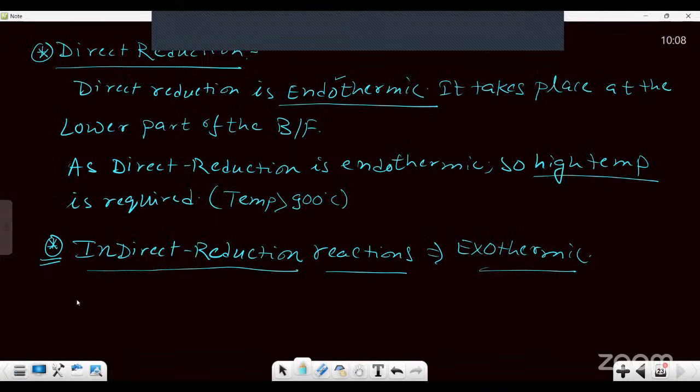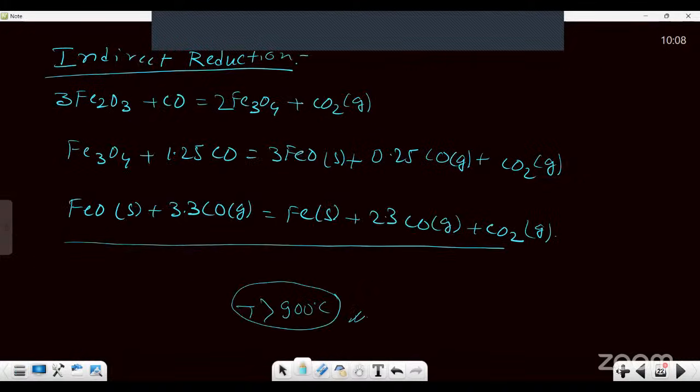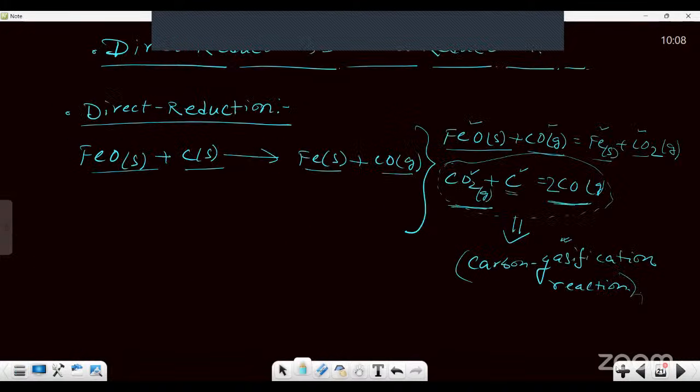Now if I ask you one thing, which reaction is better? Better means from the economical point of view. Which reaction is more economical? Direct reduction reaction or